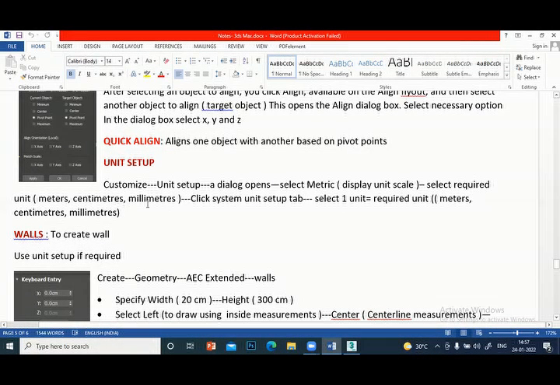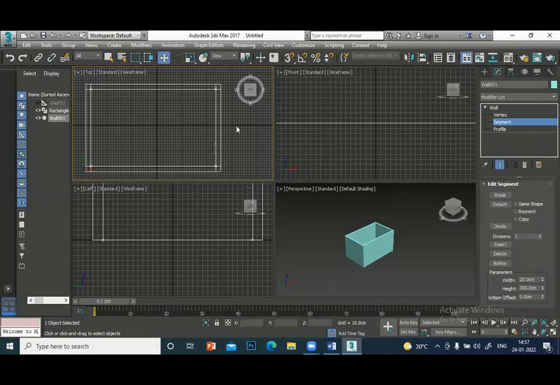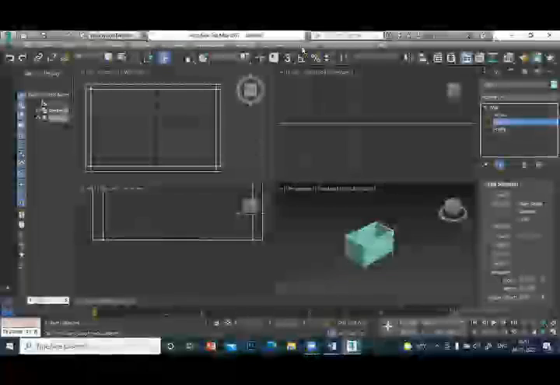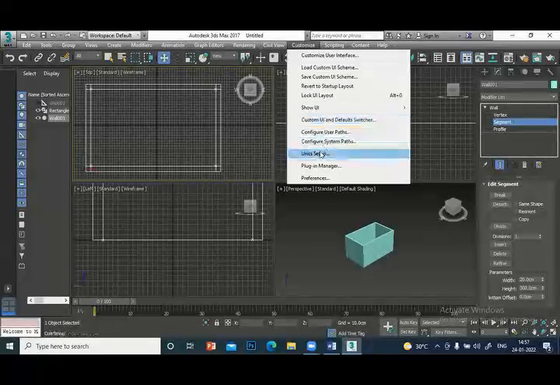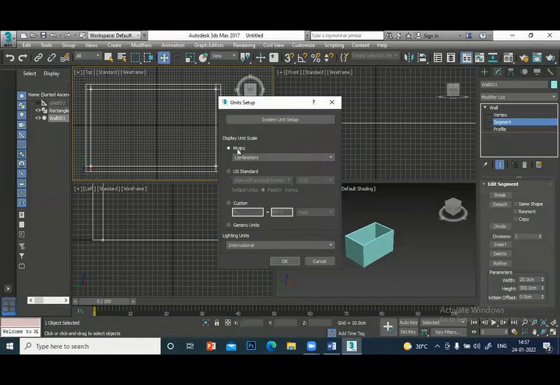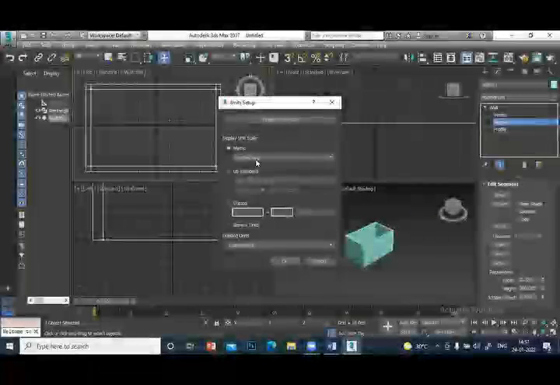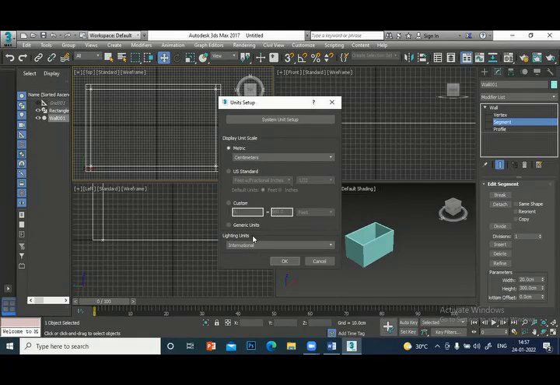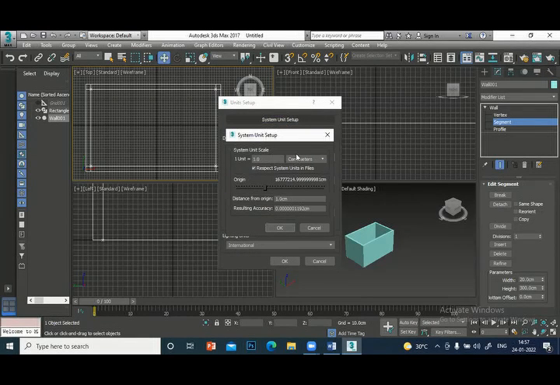Then after that, click this button, Customize units. First from here you see meter, select centimeter, and don't make any other changes. Now click the system unit setup.